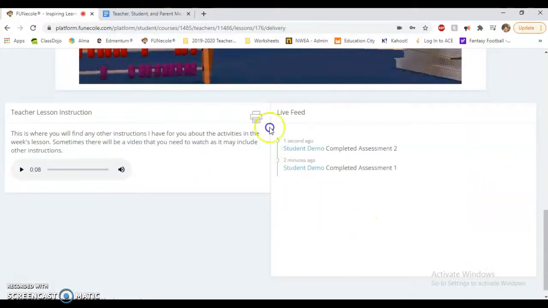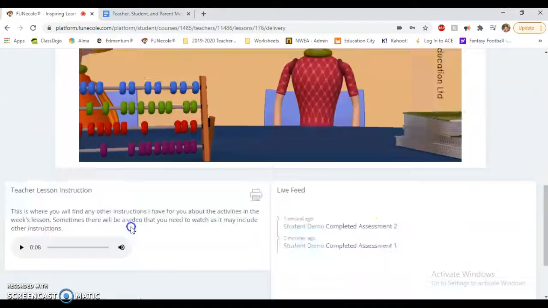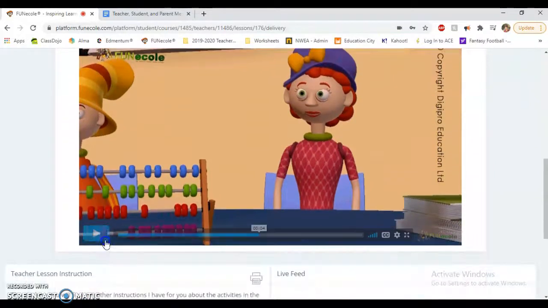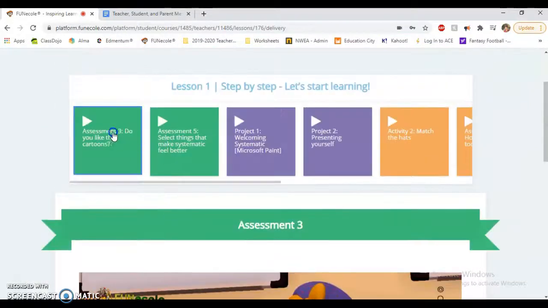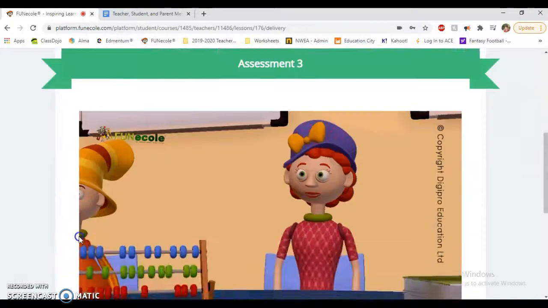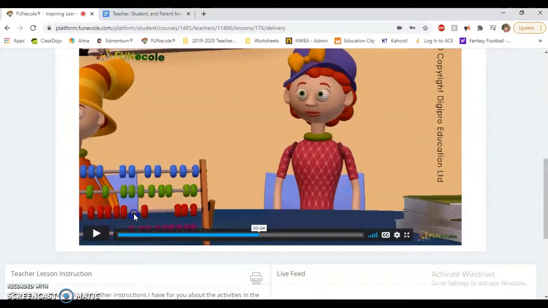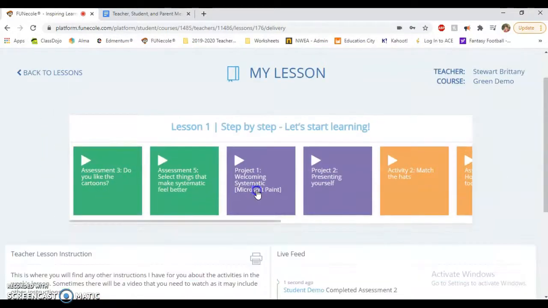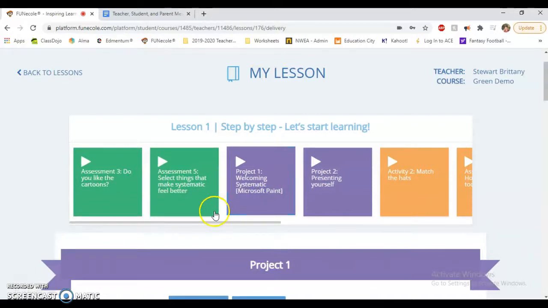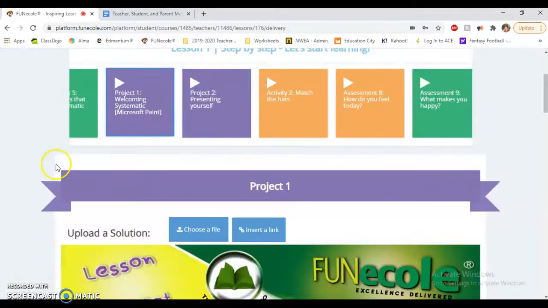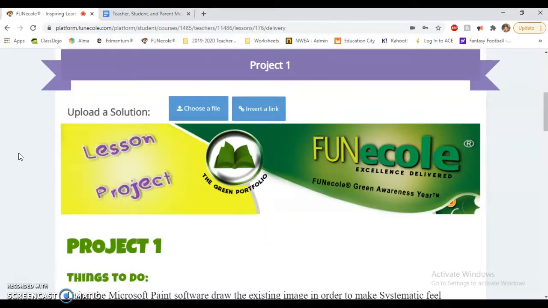Okay, so it will automatically tell me that I completed it in the live feed, and then it will go to the next assignment. Okay, and it will go through this for each thing. So I'm going to skip ahead and go to the project so you can see something a little different, because these projects are going to be important and it's kind of different about how you